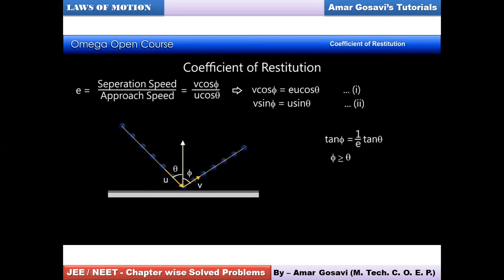So always remember one thing, from this equation you can gauge that phi has to be always greater than or equal to theta. Phi can never be less than theta in this case. Remember that. So whenever such a collision takes place in an inclined manner, and theta and phi are the angles associated with the initial and final velocities, then phi has to be greater than or equal to theta, not less than theta. Remember that. Very important analysis, friends, and hopefully it's clear to you.